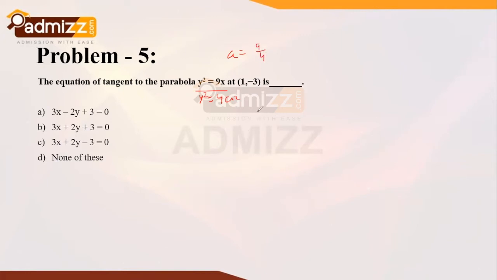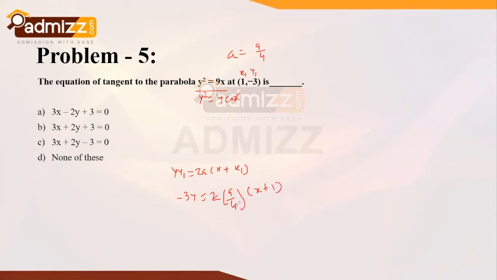Now, the equation of tangent, what we learned, that was for the parabola y square is equal to 4ax. And if you observe, that equation is y y1 is equal to 2a into x plus x1. So the equation of tangent was y y1 is equal to 2a into x plus x1. So how to do this? We'll substitute the value of x and y from this x1 and y1. So this value is x1, this value is y1. So the y1 value is -3, so I will write it as -3y is equal to 2a, a is 9 by 4, into bracket x plus x1 value is 1.